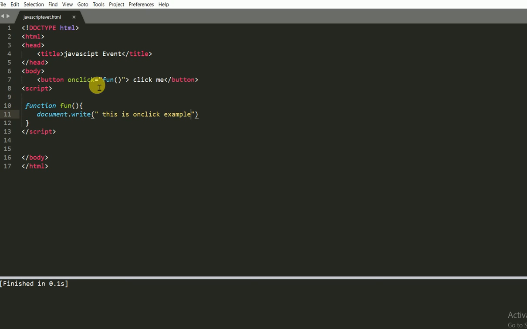Here I take an ondblclick. I have already taken the function fun. Save this program.